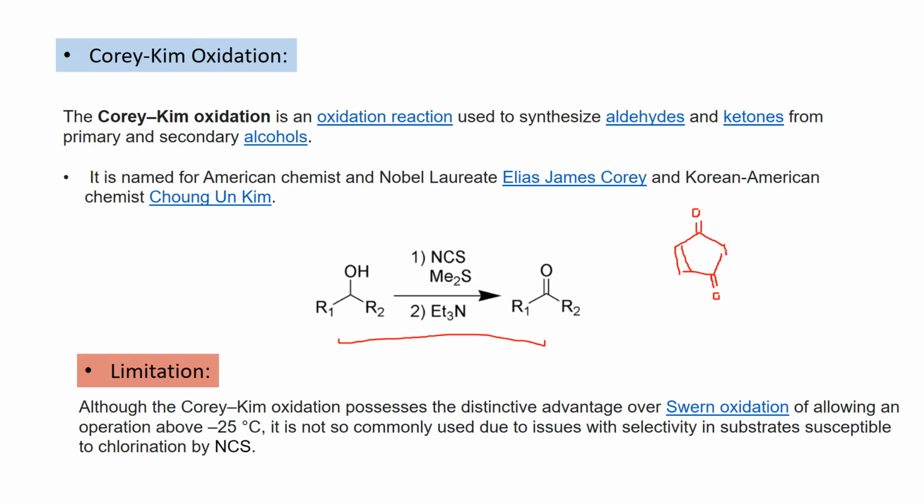This is the normal succinimide, and it is N-chloro, so the N contains a chlorine. This is called N-chlorosuccinimide. If you add N-chlorosuccinimide, dimethyl sulfide and Et3N as a base, you will get a ketone from the